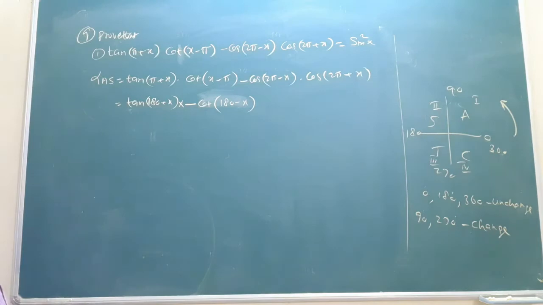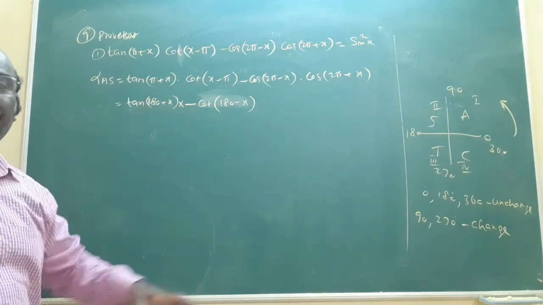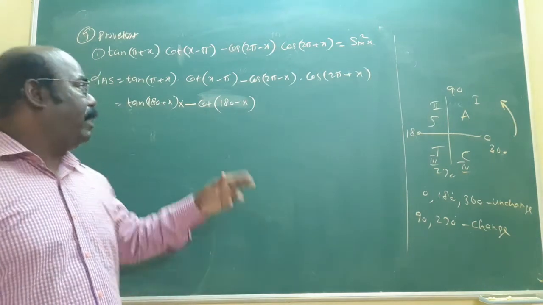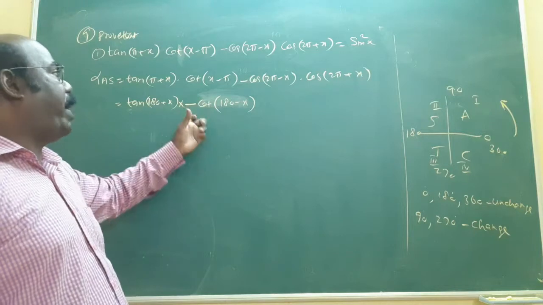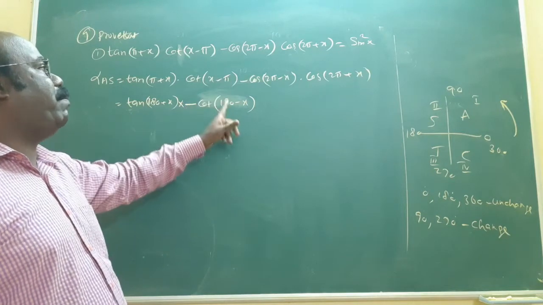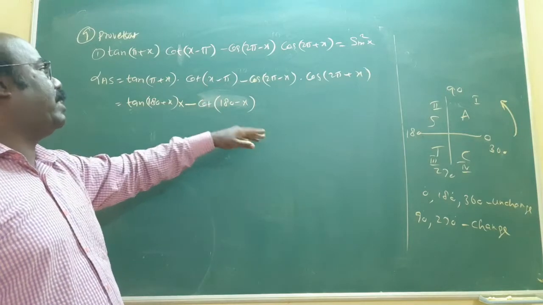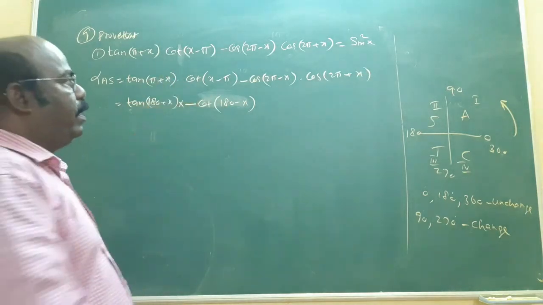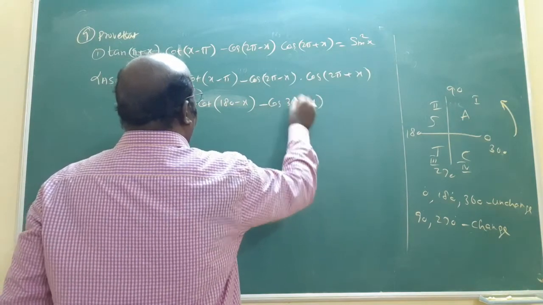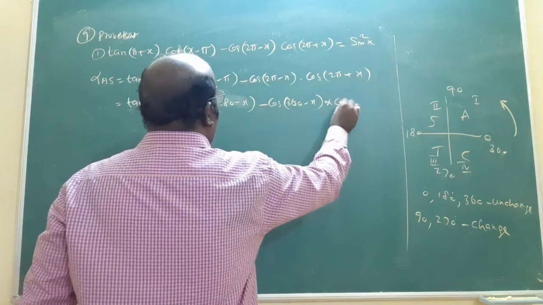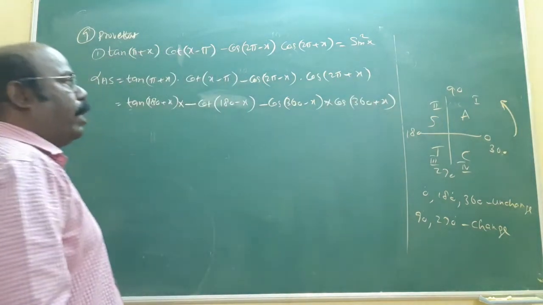Am I correct? What is the reason? Already you know, cos and secant are only even functions, negative will not come. For the remaining ones, on interchange negative will come. The negative should be taken outside. Minus cot of x minus pi becomes minus pi plus x, you know, interchange. 180 minus x, that's why negative extra will come. Here, minus cos of 360 minus x into cos of 360 plus x. Because pi is 180, multiply 2.